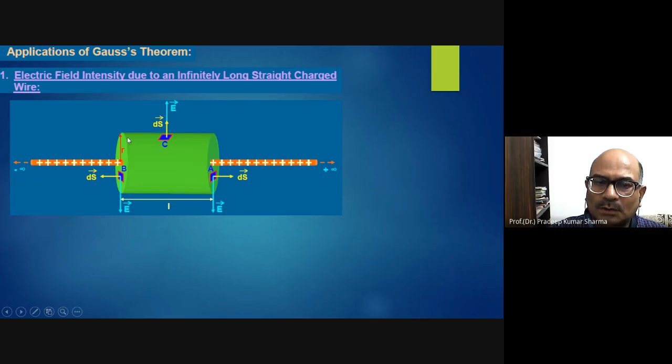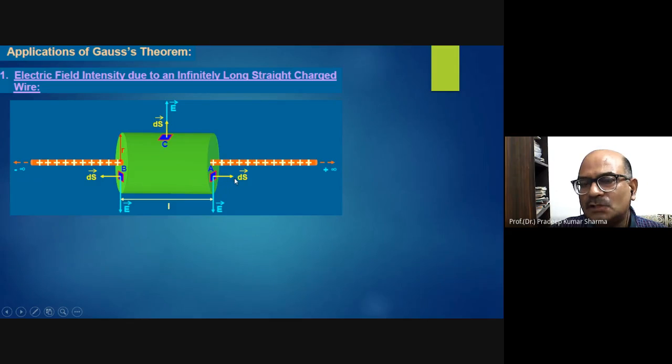Now on the surface B on the left hand side, suppose it is the base of the cylinder, this surface B again has a small surface area, but see the directions. The direction of the surface is perpendicular to the direction of the electric field. And again, the same theory applies here for surface A.